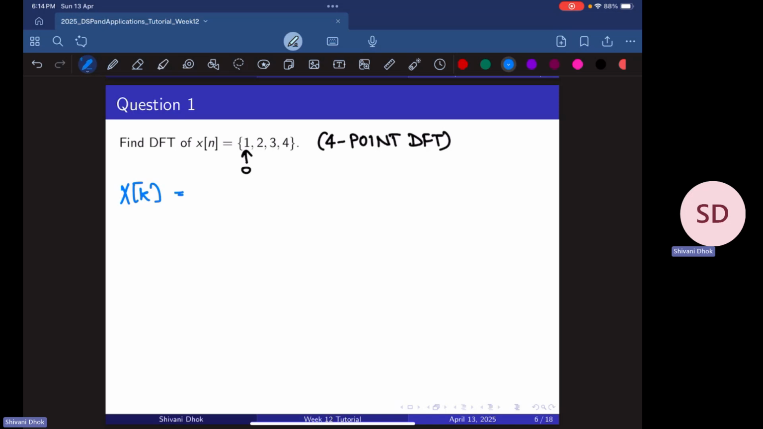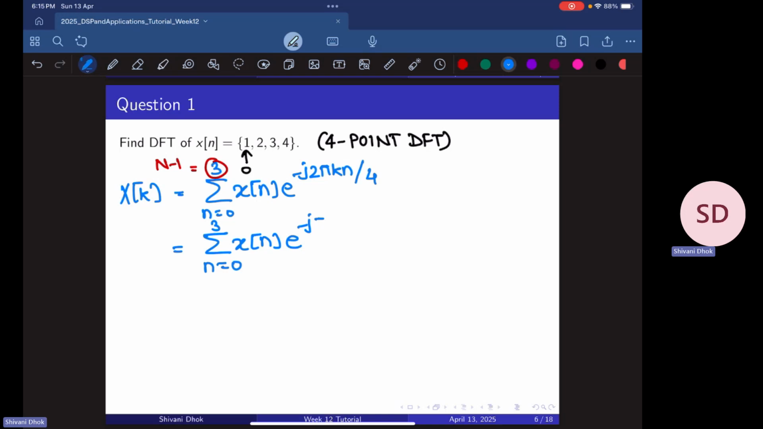Okay, so this x of k is given by summation n running from 0 to 3 x of n into e power minus j 2 pi k n by capital N, where N is 4. So this upper limit is basically N minus 1, that is 4 minus 1 equal to 3. Okay, so now this can be simplified further as summation n running from 0 to 3 x of n into e power minus j pi k n by 2. Now I can simplify it further,